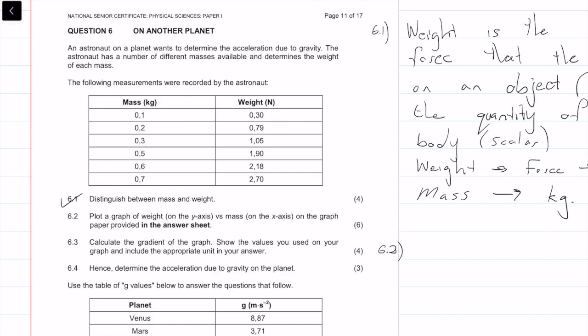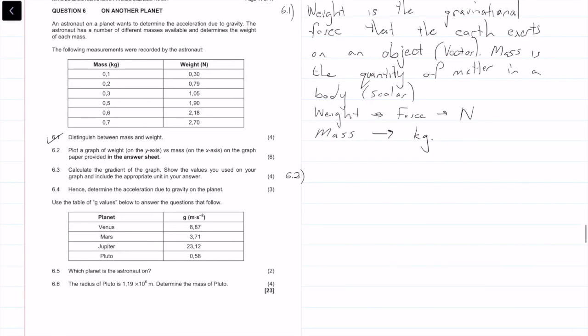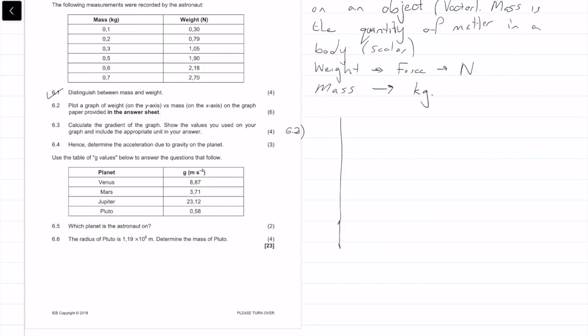Question 6.2. Okay, so plot a graph of weight versus mass on axes which are provided. It even tells you what axes to put. So let me just draw it. Mine's obviously not going to be as accurate, but okay. Anyway, first always remember that you need to label your 0 points. On the x-axis we have mass in kilograms. On the y-axis we have weight